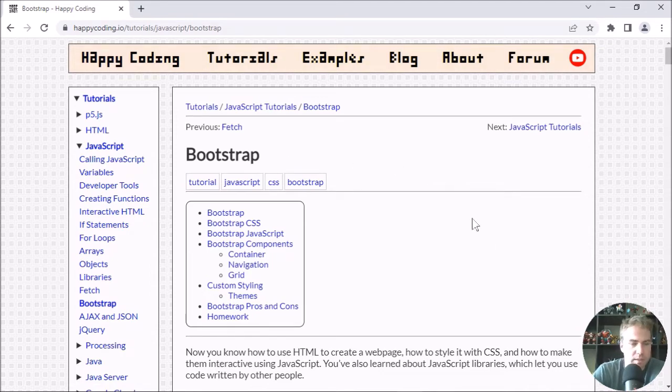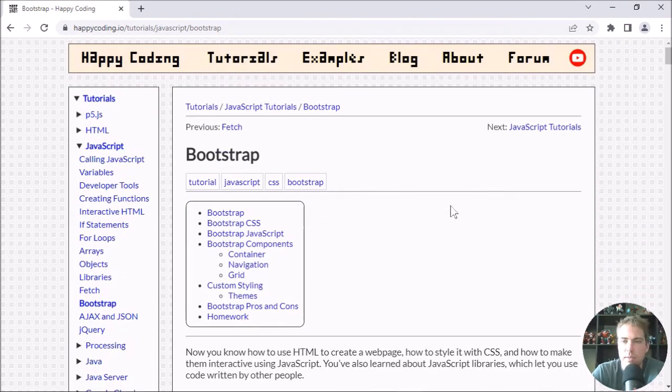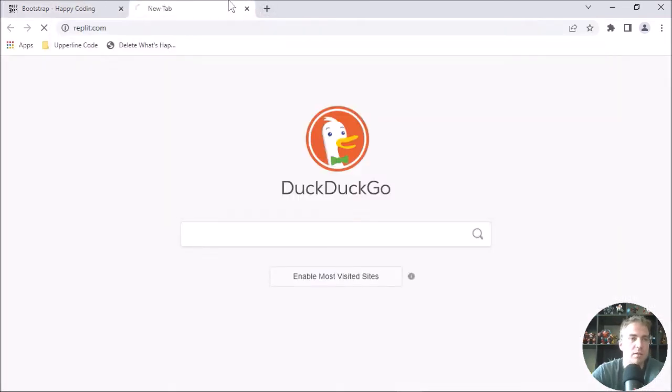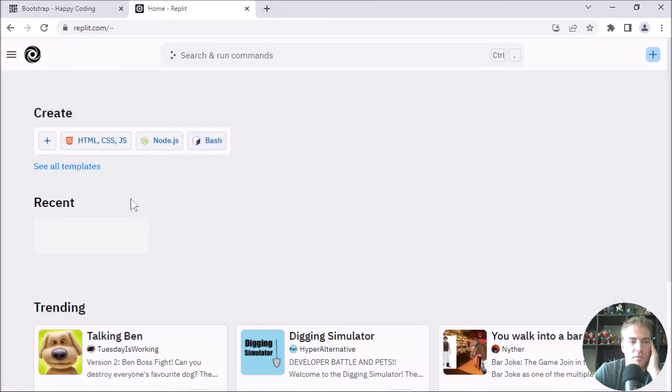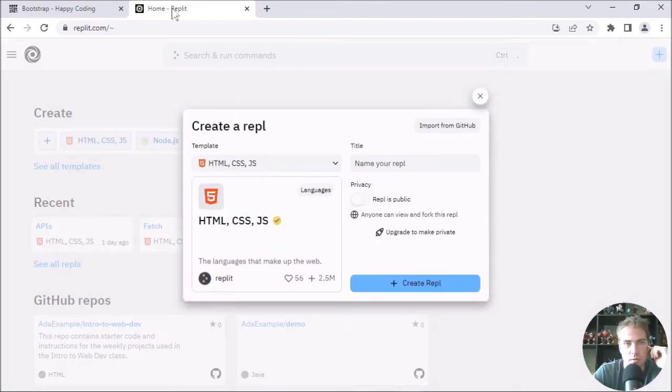Maybe I'll talk more about that later, but this week's lesson is all about something called Bootstrap. So to talk about that, I haven't really prepared anything, so let me get a Replit going. Again, you can use whatever editor you want. If you want to use Atom and work on a local file, that's cool. If you want to use Replit, that's cool. If you want to use something else like CodePen, that's all good too. But I'm just going to get started with an